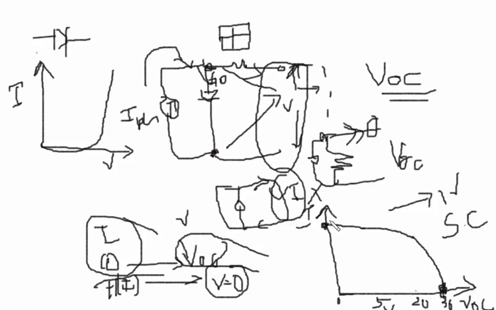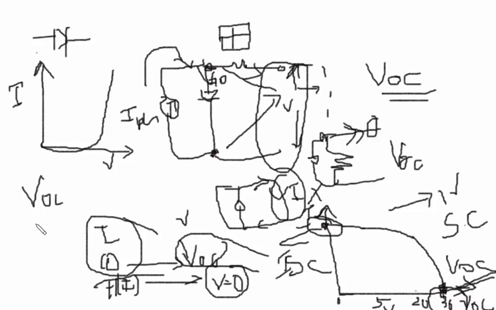The current at this point is called the short circuit current. The voltage present at this point when current is 0 is called the open circuit voltage. These are the first two things, VOC and ISC of the IV curve. Then we will see how power is included in this. Power is nothing but the product of voltage and current, that we will see here.